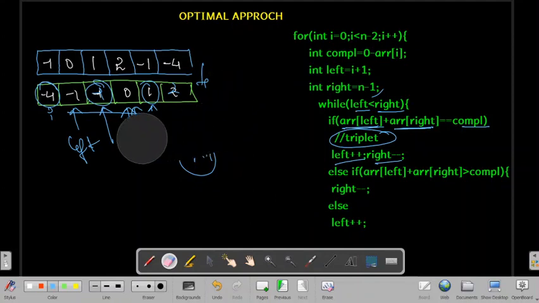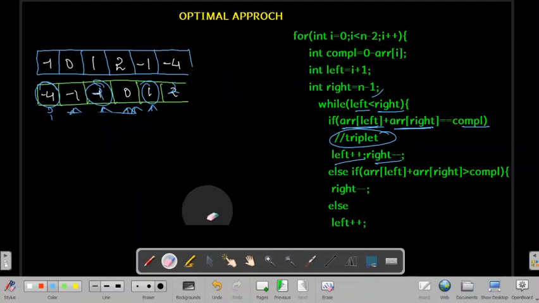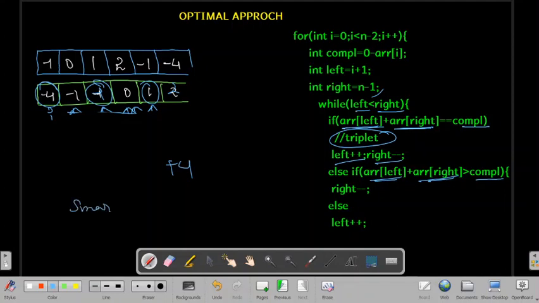And if we do not find, I'll check if my array of left plus array of right is greater than the complement, because let's suppose we found plus 4, right? And after adding my left and my right, left value will be the smaller number and right number will be the larger number, right?